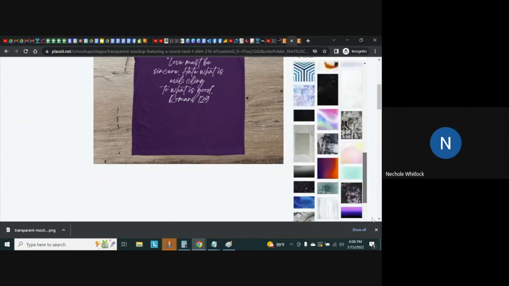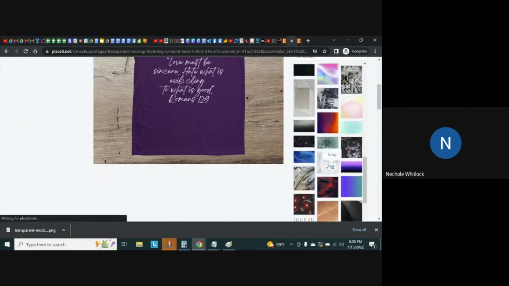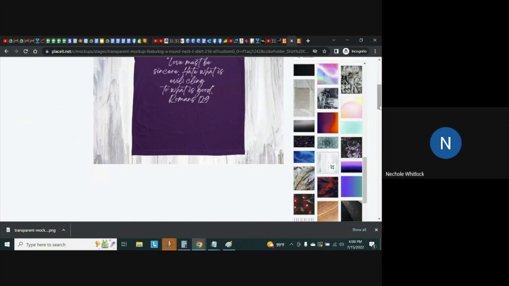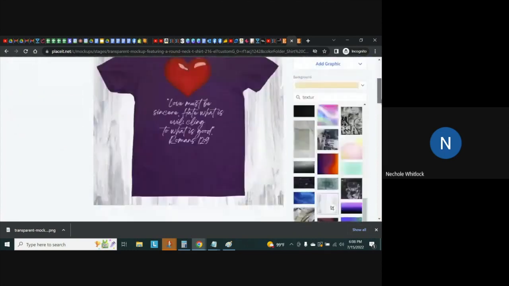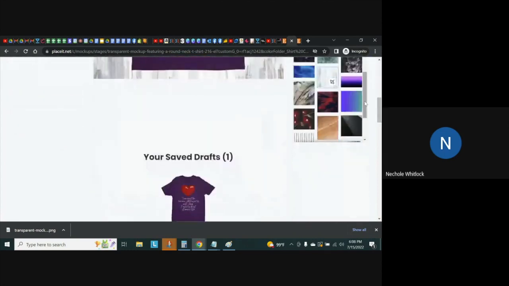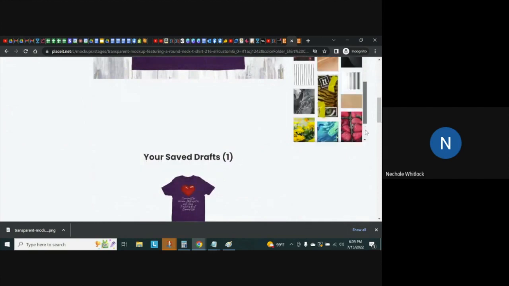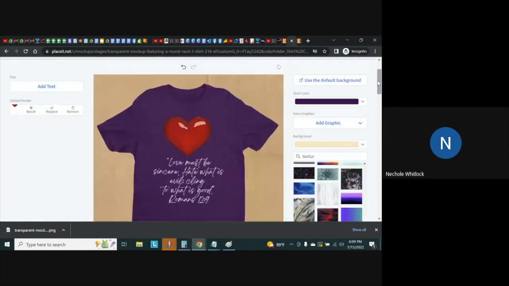So I don't see any others. Oh, here's one. That's a little lighter. Anyway, you can choose any of them that you want. I'm just going to stick with the original one that I've already downloaded. So you can scroll through here, find something that you like for the background. And then once you download it a second time, we're going to have to